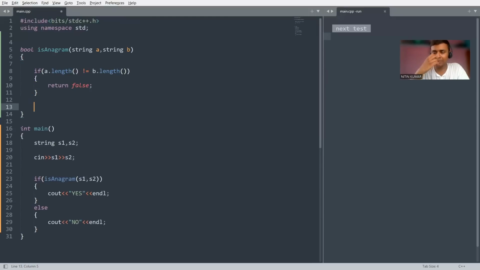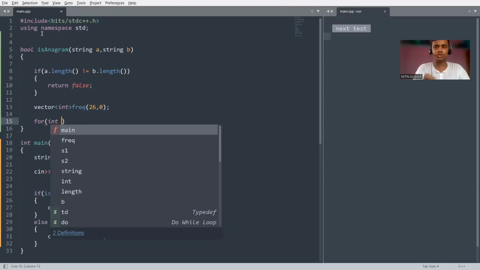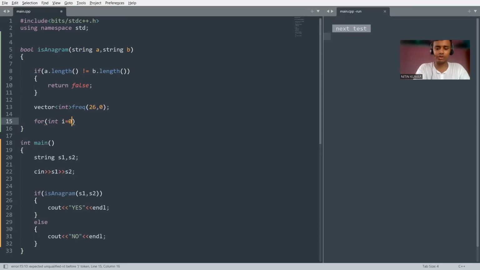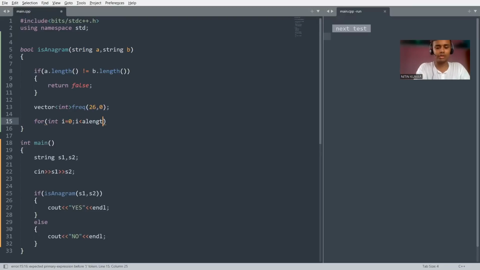Let's say this is not the case, so the lengths of the two strings are equal. So now I have to check for the characters. First, I have to generate a vector of int for frequency, of size 26, and initialize every value as 0 initially. Now I have to iterate through string A and string B. So int i equal to 0, i less than a dot length,